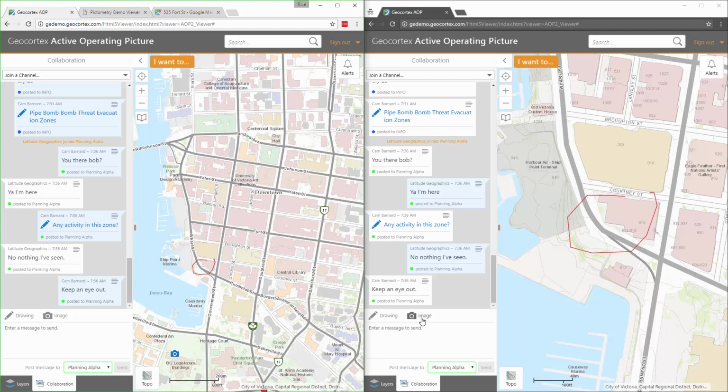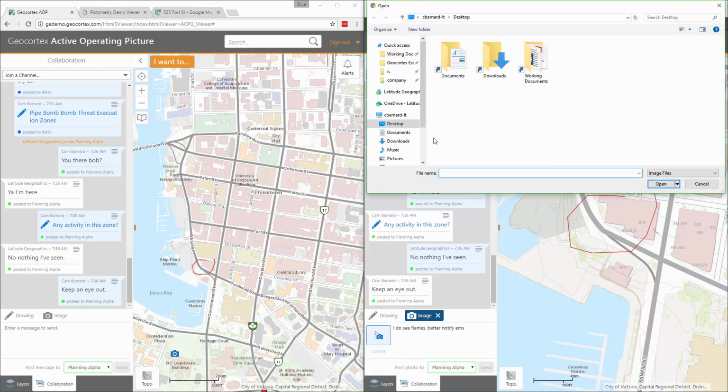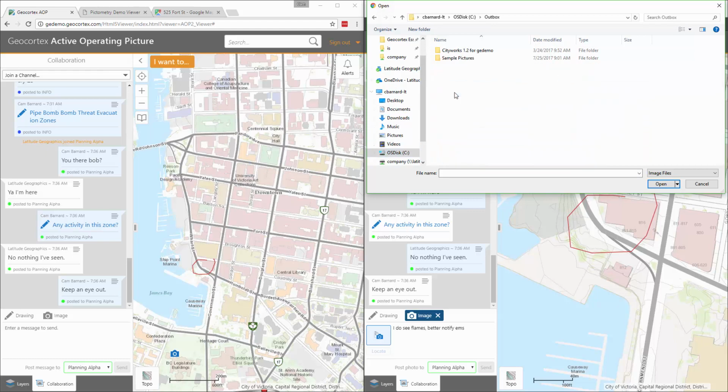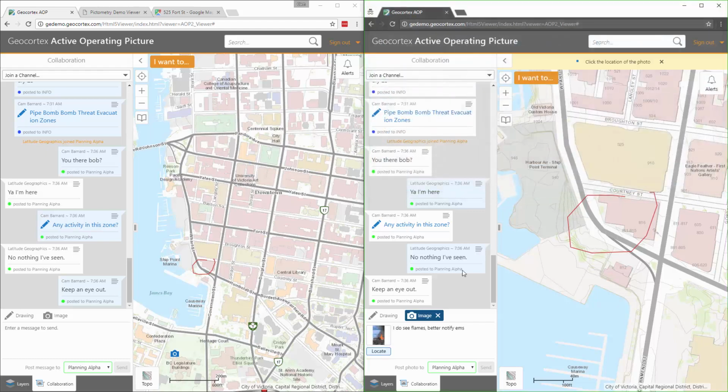And then within a minute or two, he's like, you know what? Actually, I do see flames. Better notify emergency services. Right, and let's just send a photo up for that. They make this so challenging these days to find, but we'll make it work. There we go, there's some flames, right? So we're going to go ahead and show, if I was on a mobile device, it would know exactly where I am, but for the sake of argument, let's drop that image here